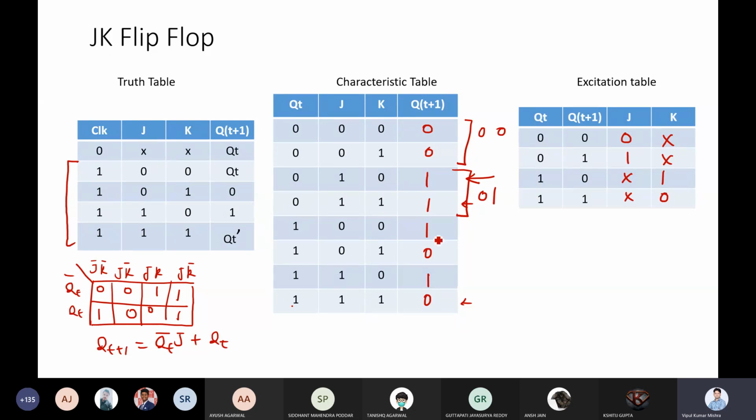So it will become X. Now when you say 1, 0, so you can say this part 1, 0 and this part 1, 0. So you can check out K is 1 and J is 0 and 1, so it means it is X. And the last one, 1, 1. So you can say 1, 1, 1, 1. So in that case, you got 0, 1 and 0, 0. So this will become 0 and this will become X.